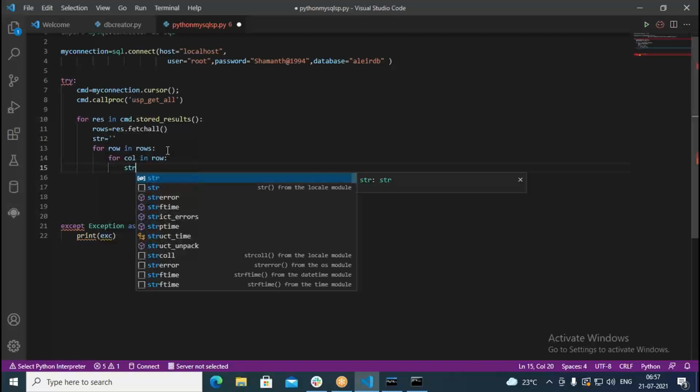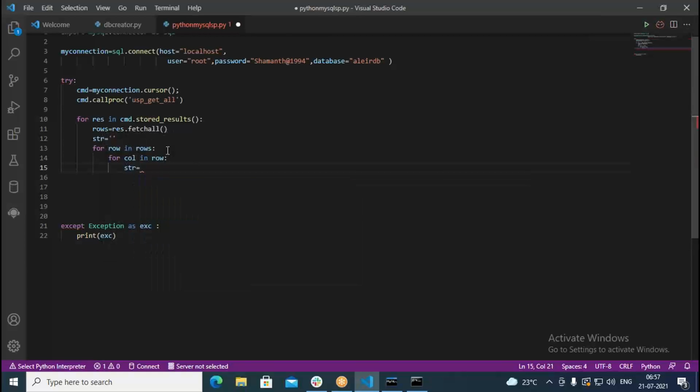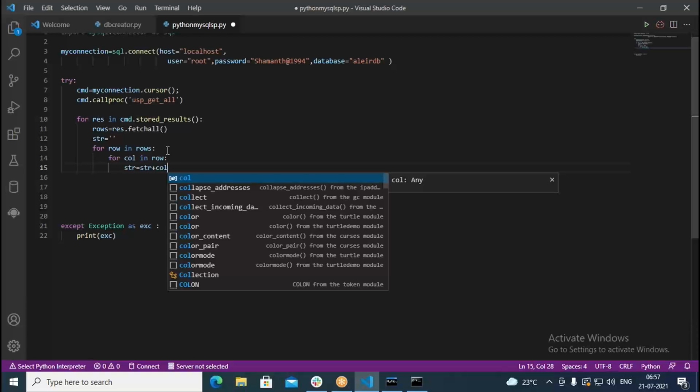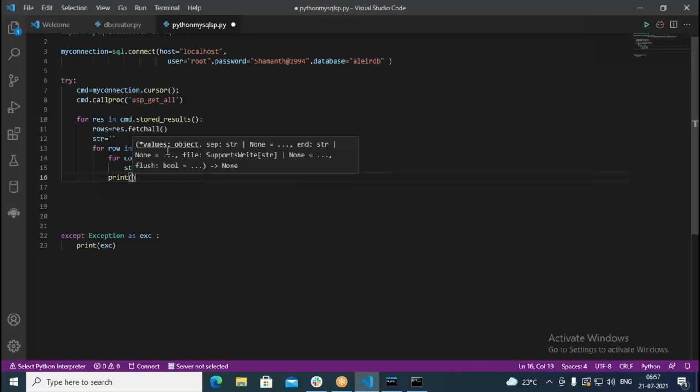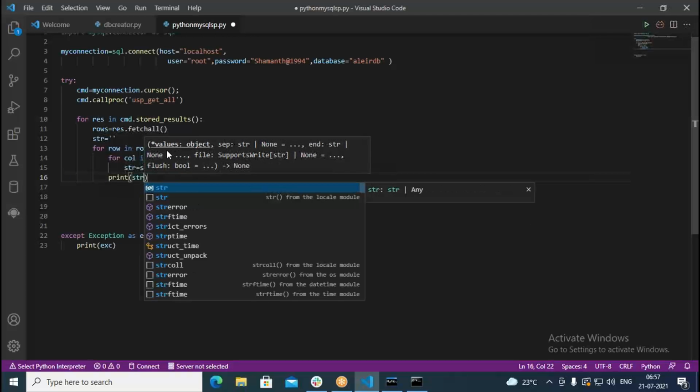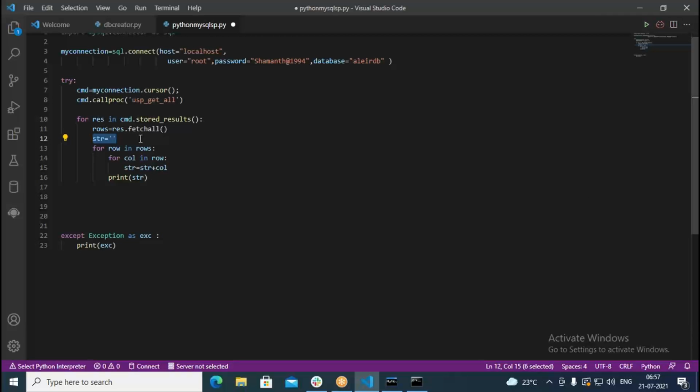Then str equal to str plus col, I am going to append to the same str. Now at the end of this, I should print it: print str. Every time, whenever you get a new row, str should be initialized to an empty string.